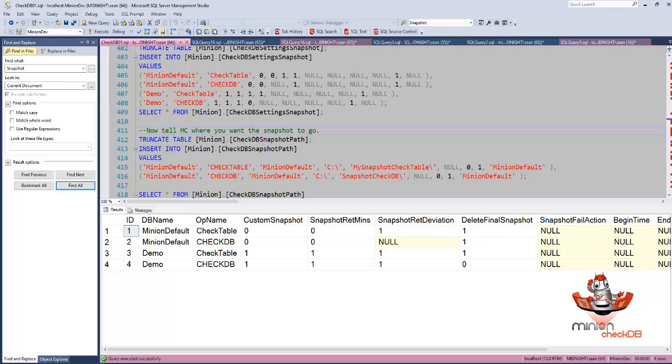Okay, now let's talk about how to set up custom snapshots in Minion CheckDB. This is really pretty easy and it's very flexible as well. Before we start, it's notable that you can only take custom snapshots for CheckDBs on Enterprise. Usually with SQL Standard Edition, you can't create custom snapshots on databases. Now with SQL 2016 SP1, they have brought that ability into the Standard SKU, so we can do that if